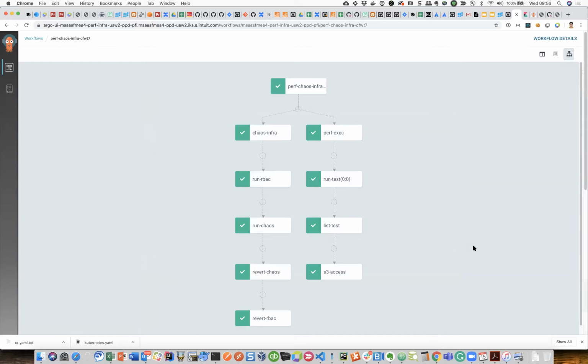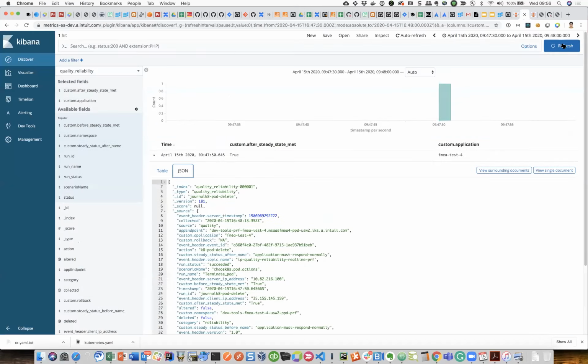So this is a teaser which we will be contributing back. In this service use case, you go and run the specific RBAC, run the test, revert chaos, and revert RBAC, so that your infra or namespace comes back to that same state. At the same time, you start the execution of the test. This is one of the frameworks which we are planning to open source, so that anyone who wants to run performance tests should be able to run them without worrying about the tooling and other stuff. So that's pretty much from my side, and there will be another event coming.